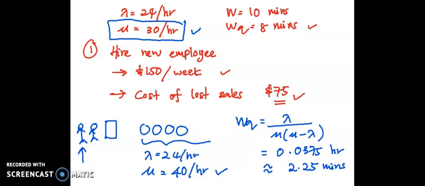So we can compare before this. The value of WQ is 8 minutes, but after we hire another employee to help the cashier, now the WQ, or the average time to wait in the queue, is 2.25 minutes. So in terms of the saving, originally the customer had to wait 8 minutes in the queue. Now they only have to wait 2.25 minutes. So the difference is